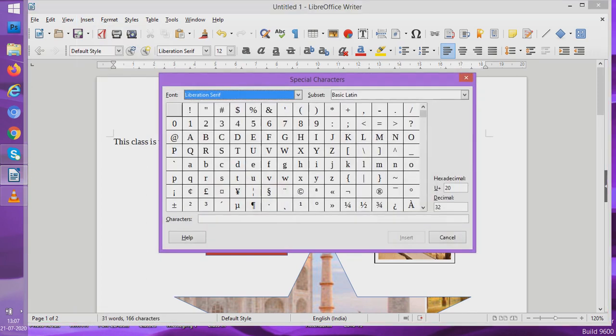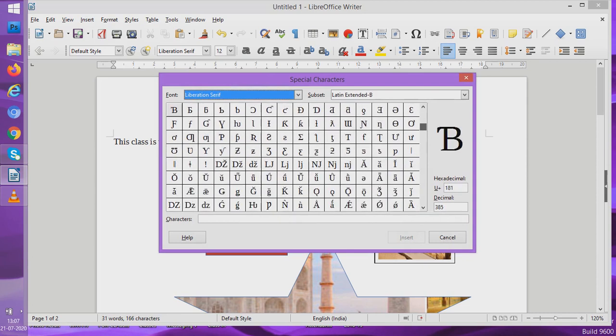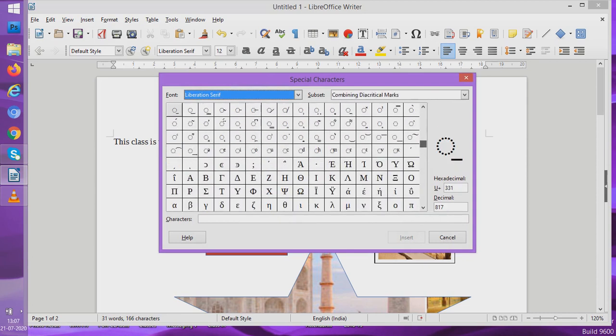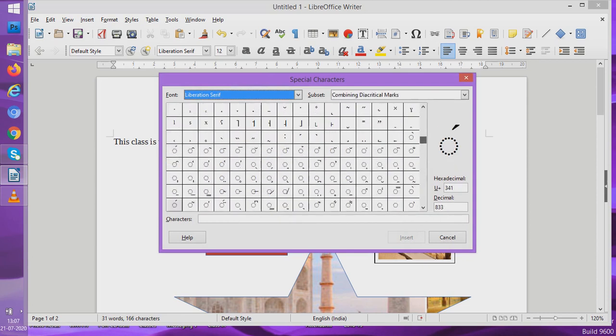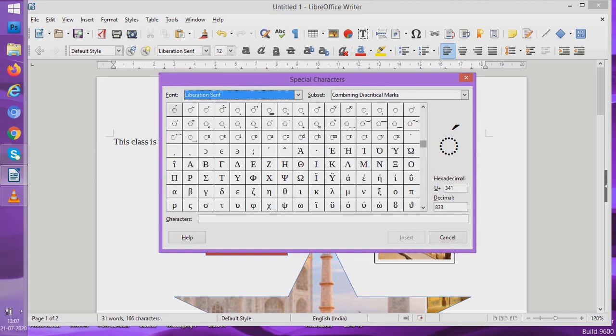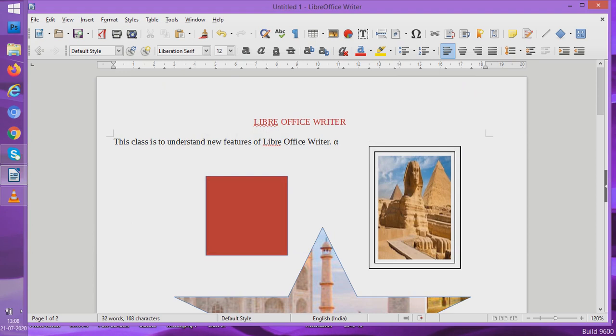Now if I go to special character, you can see all these characters here, different characters. You can use any of the characters you want. For example, I want to insert say 5. Now this is 5. You would have heard about alpha. So this is alpha. Let us double click alpha. Alpha is here for our use. See, you can use alpha, and then with alpha you can say plus. Now what happens?